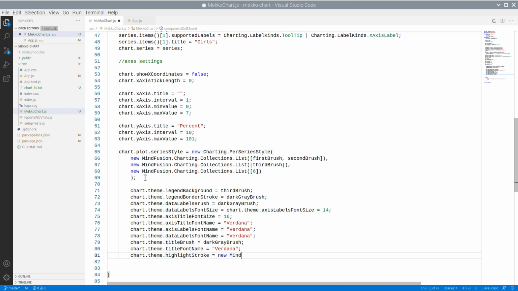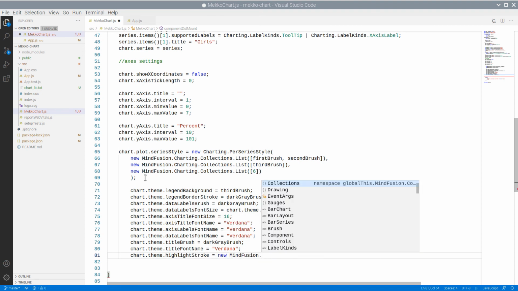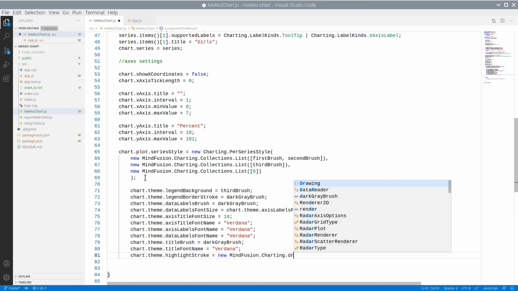The highlight stroke is used for rendering outlining of the active chart element, the element over which the mouse currently hovers.